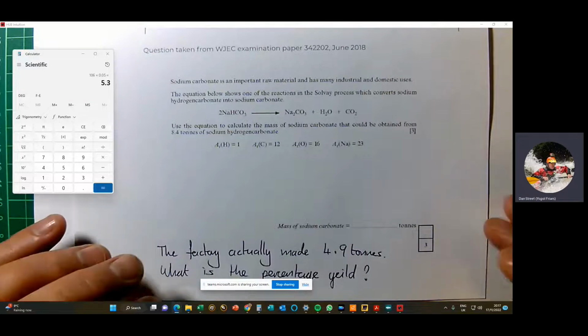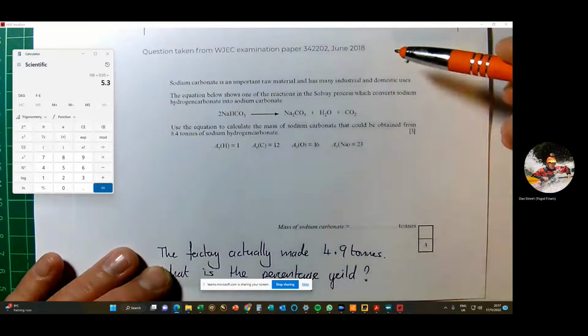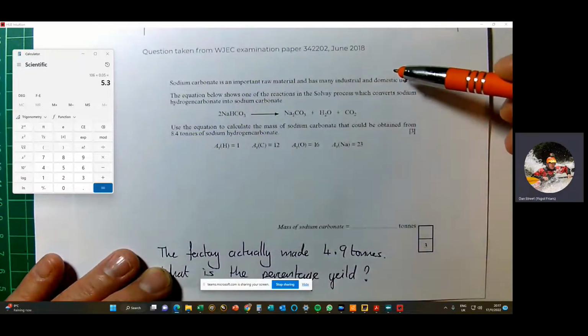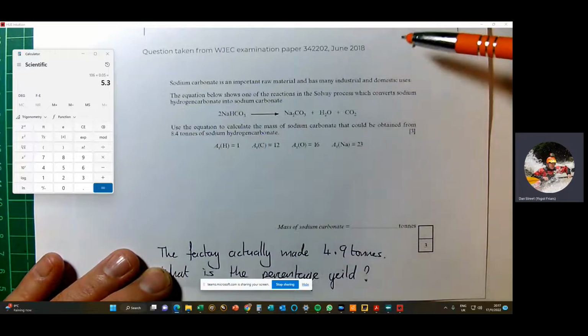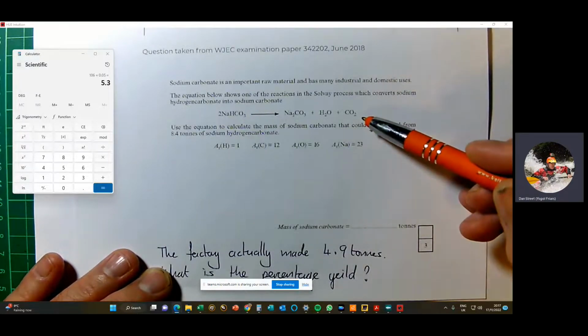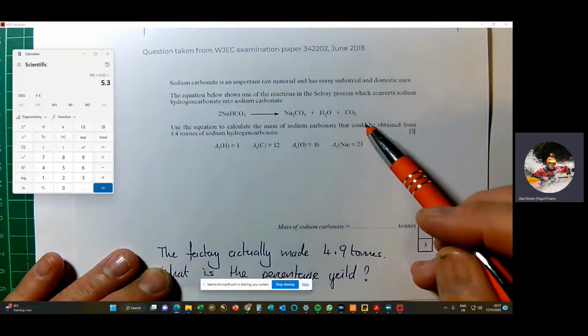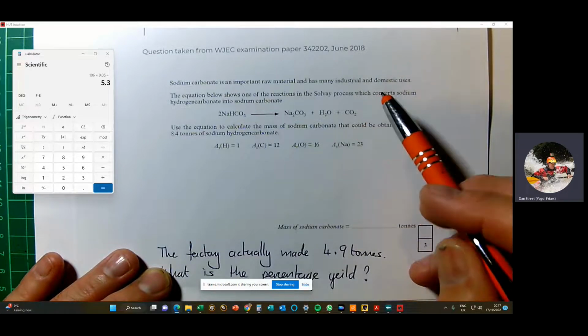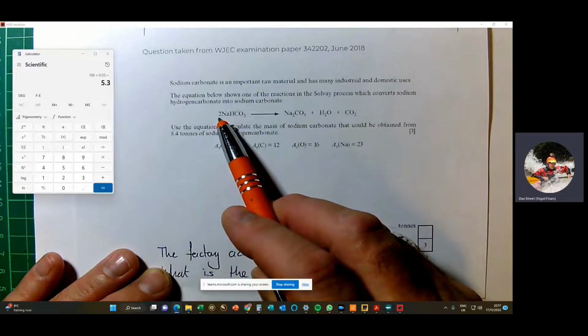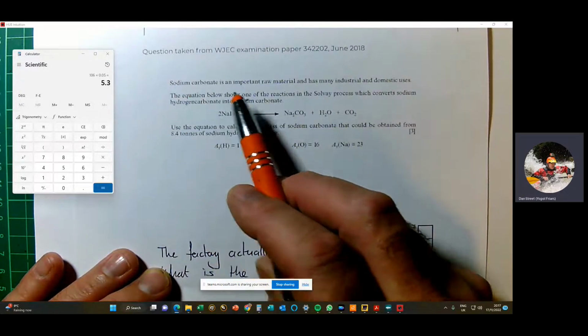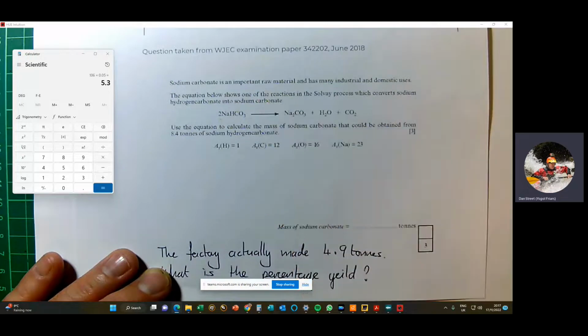Okay, so here we have a typical question that asks you to calculate some masses using information from an equation. This is a slightly more difficult one, if for no other reason than this 2 here makes our life a little more difficult. So it says here, sodium carbonate is an important raw material and has many industrial and domestic uses. The equation below shows one of the reactions in the Solvay process, which converts sodium hydrogen carbonate into sodium